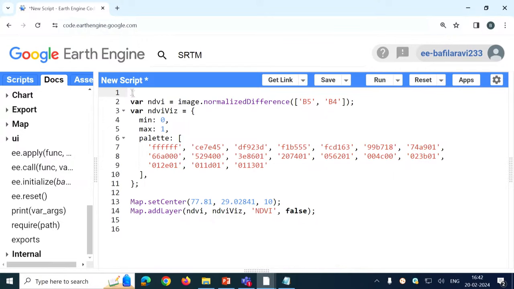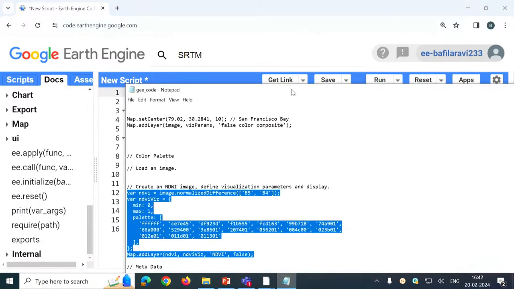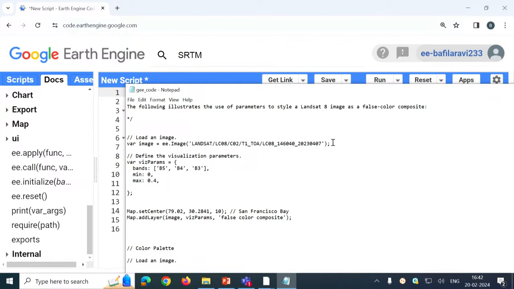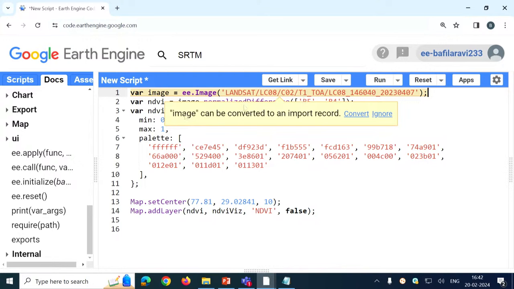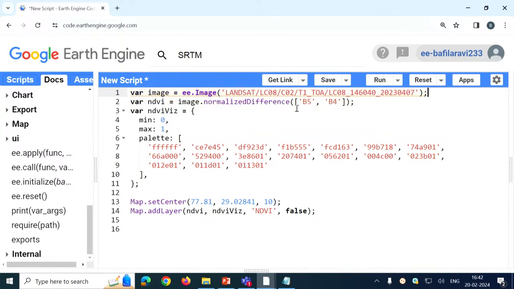So actually I have skipped the image. So image equals ee.Image, and for this I am first calculating NDVI. NDVI is the normalized difference between band 5 and band 4. So we call image.normalizedDifference with band 5 and band 4. And then for visualization we have defined the NDVI visualization object. In that we have specified the color palette, and the values of the color for the different ranges are defined using their hexadecimal code. Now if I run this,